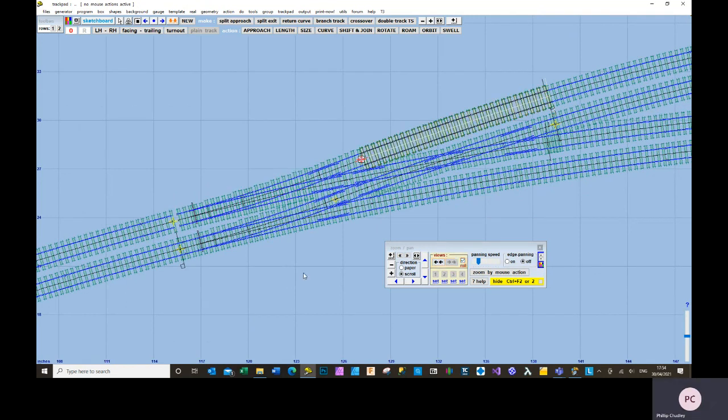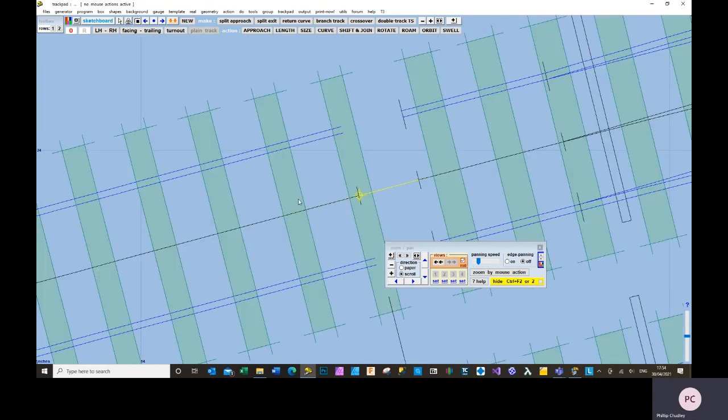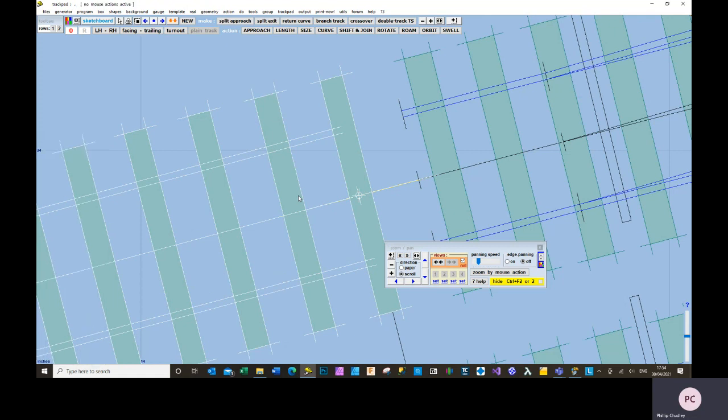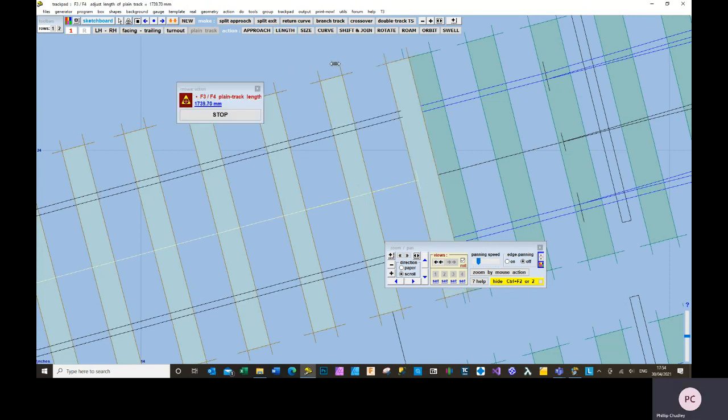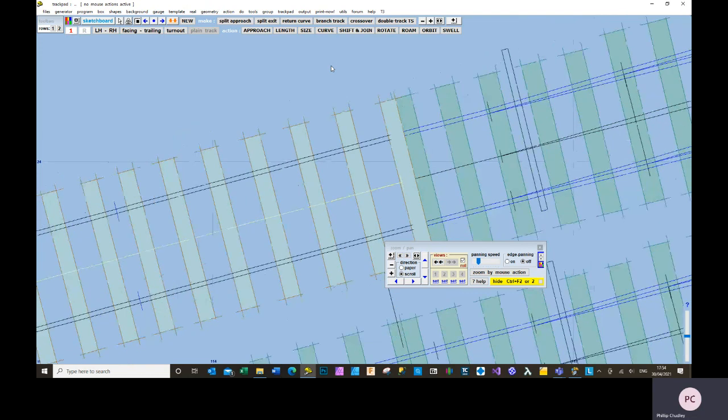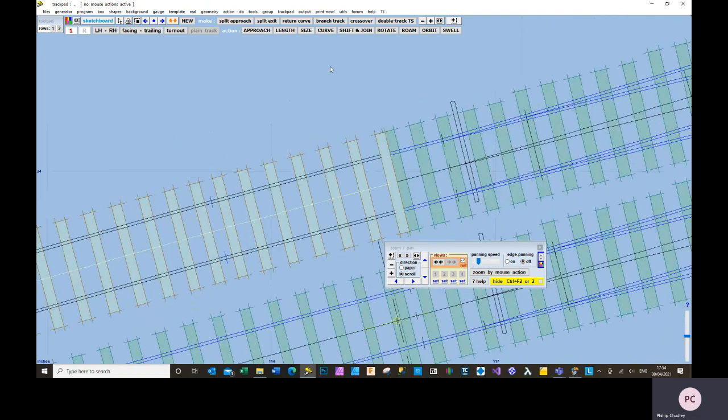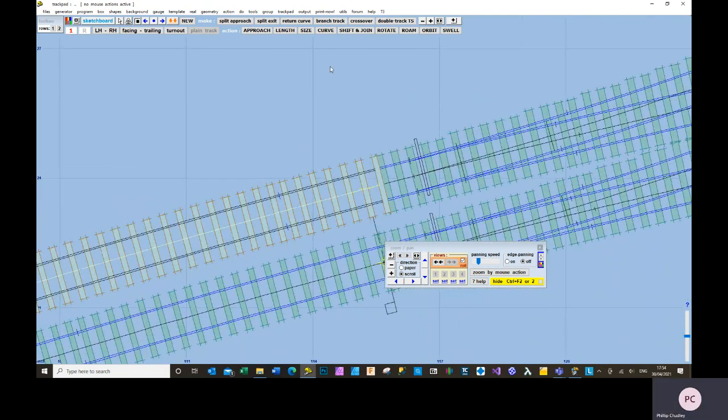Oh, and just a little tidying up there. We've got a gap. We don't want any gaps in the rails, so just adjust the length up like that. Don't worry about the timbering there. We can adjust that later if we need to. And as a first cut, which I think is what we're aiming for,